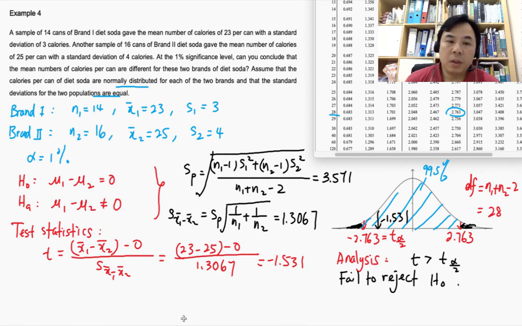Now that will be how we carry out the hypothesis testing for the mean difference between two populations where the standard deviations are not given. Right? Now I hope that